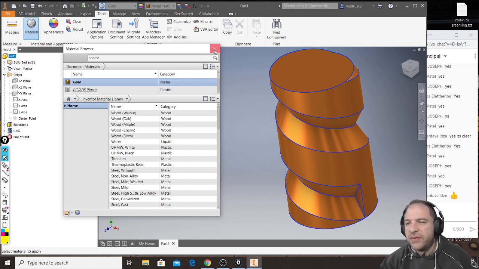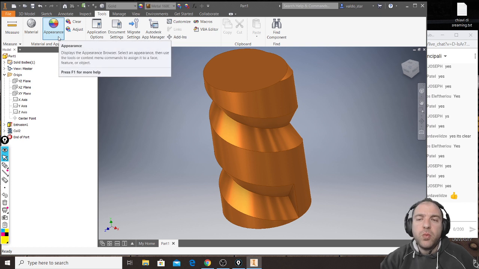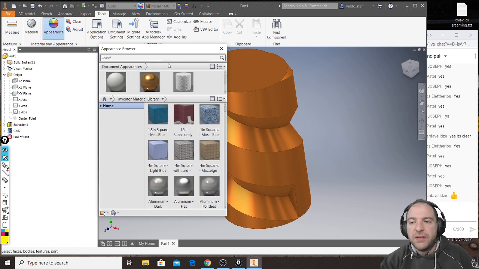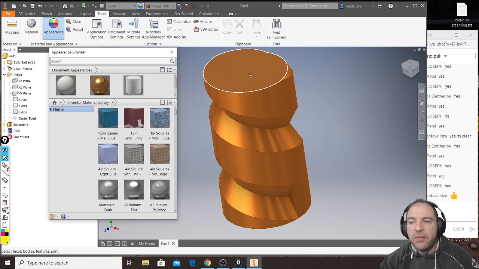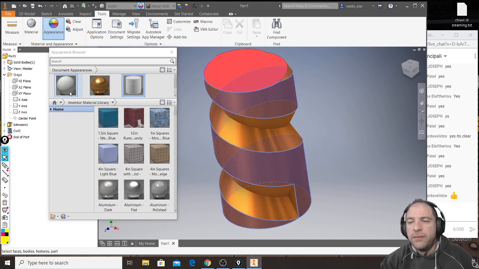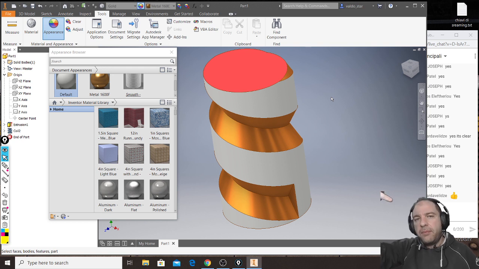Phew, it works now. So, first of all, you can change the material. You can also change, but this won't change physical parameters, the appearance instead. That looks the same, while appearance works face by face. So it is something that will affect only the color of faces. Okay, while material is applied to the entire